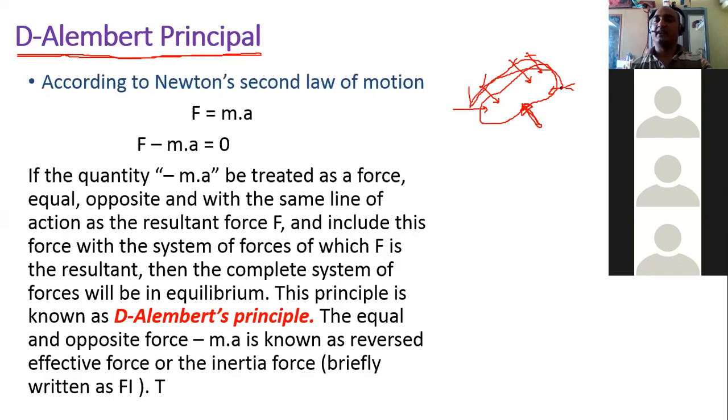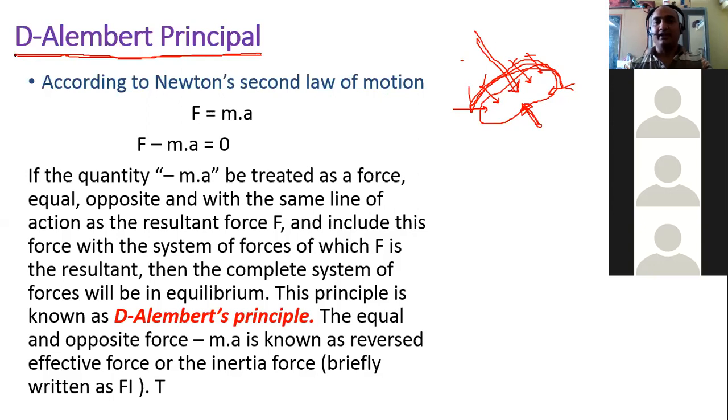It means that in this case we will convert these 5 forces into one, we are going to find out the resultant of it. Let us say this is the resultant force, then we'll apply an opposite force so that the body will be in equilibrium and will not possess any acceleration. This condition is shown by this particular person, D'Alembert.